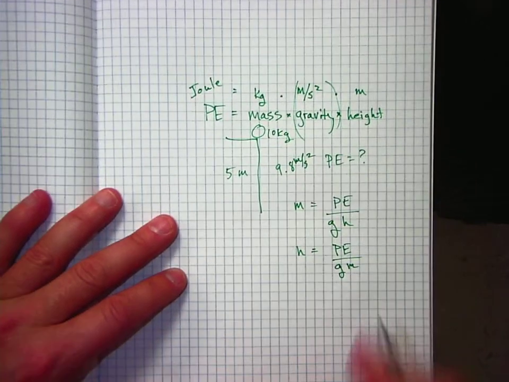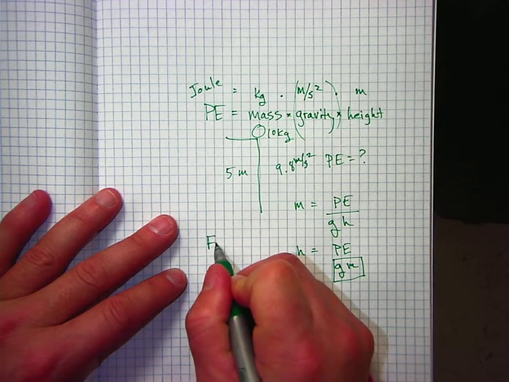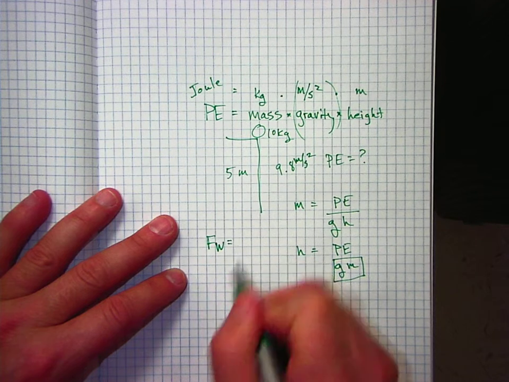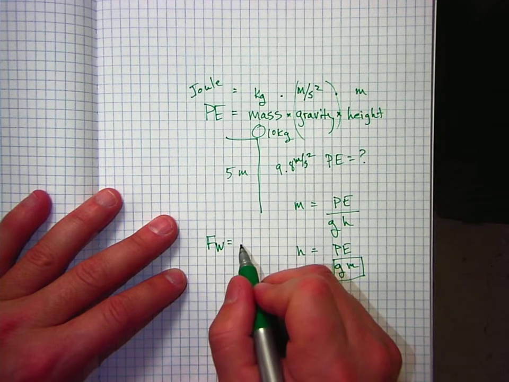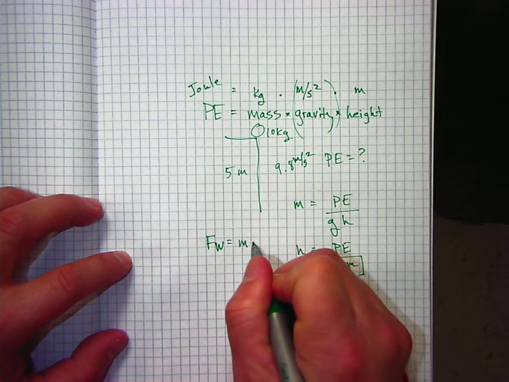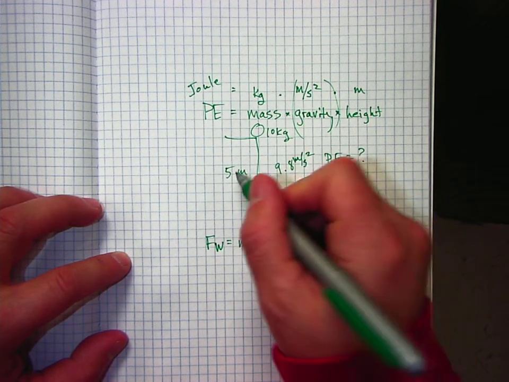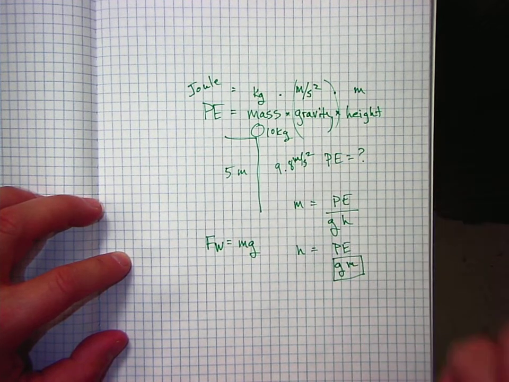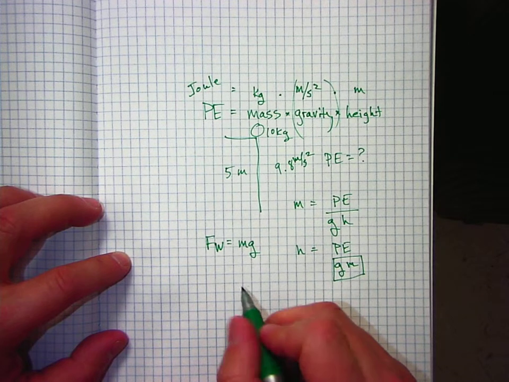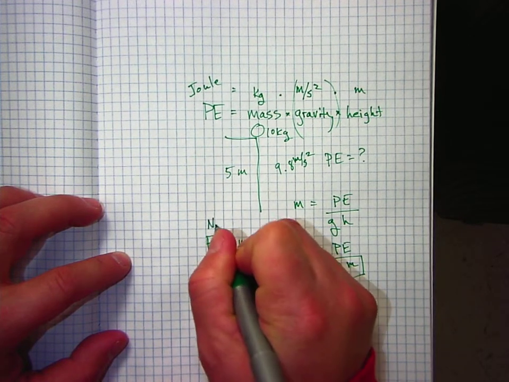Now, real quick, when we're talking about gravity and mass, you're going to see in a lot of problems that they talk about force, weight. Force weight, if you recall from our Newton's law stuff, is a mass times the gravity is a force weight. So, with all that being said, don't forget if they say, hey, an object has a force weight of 10 newtons, don't forget these are newtons,